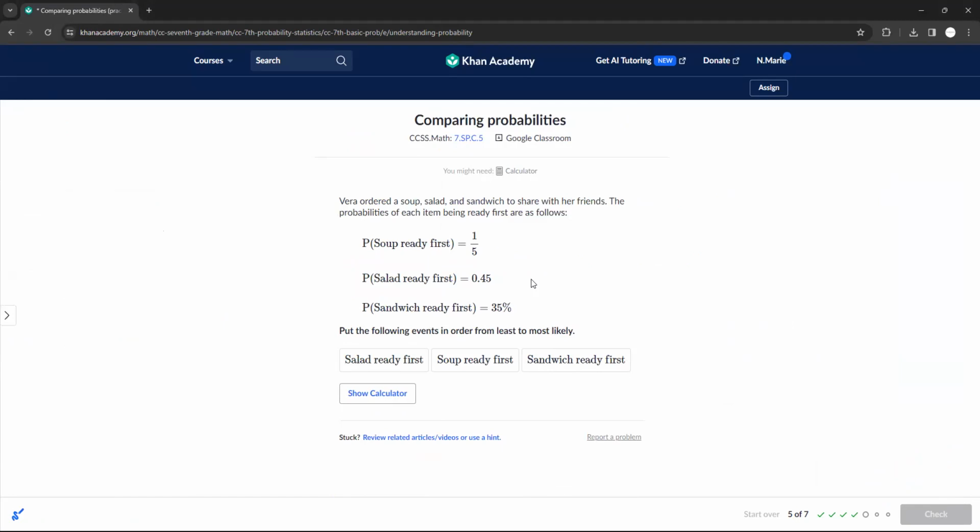Vera ordered a soup, salad, and sandwich to share with her friends. The probabilities of each item being sold are shown as follows. First I would convert all of these to decimals. So this would be 0.2, that's 0.45, and that would be 0.35. That way you can see which one is most likely to happen. We're doing it from least to most likely. So least likely would be the soup, and then the sandwich, and then